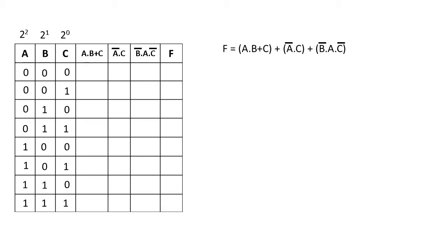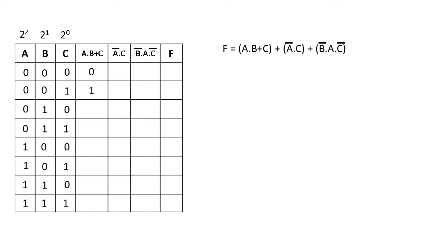The first parameter of the function we will calculate. So we know 0 into 0 is 0, a into b plus c. So what will be the result? 0 into 0 plus 0, so this will be 0. Observe, in the next row the result will be 0 into 0 plus 1, that is 1.